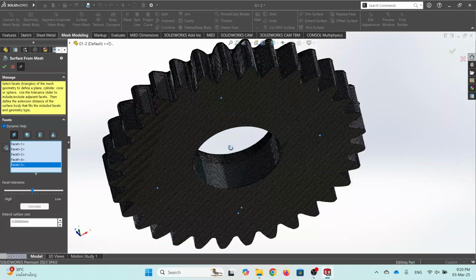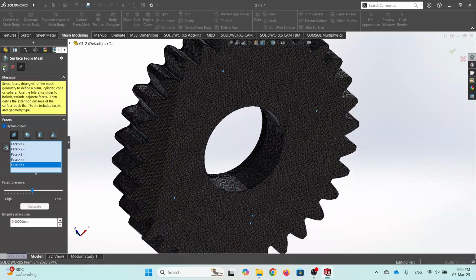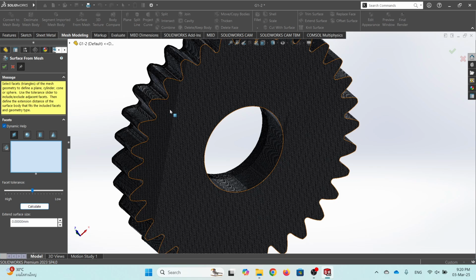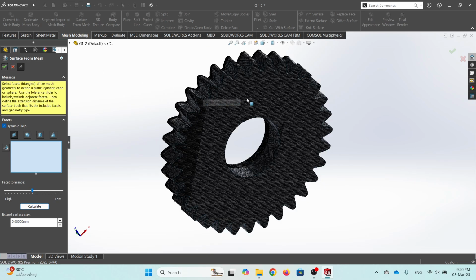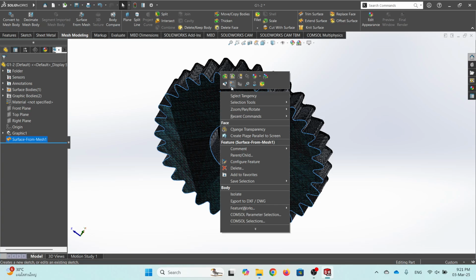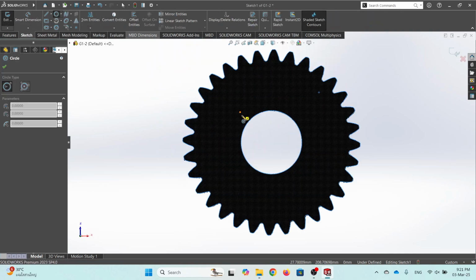Alright, when it has successfully selected all the meshes for you, just click the OK button and wait for a few seconds or minutes. Alright, seems like they have completed creating the surface. So we have to right click on the surface and click sketch,